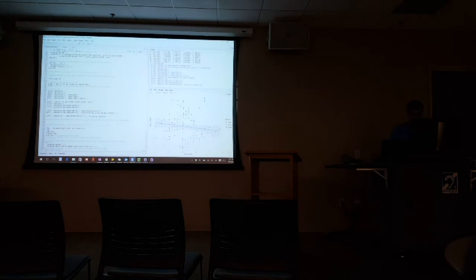We don't know all of the details of it, but we did the least squares line fit into this whole thing. But wait a minute, doesn't this differ by species? And the answer is yes, it does. And so we add an aesthetic of color by species.